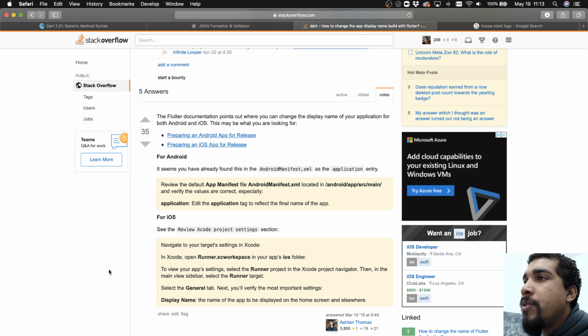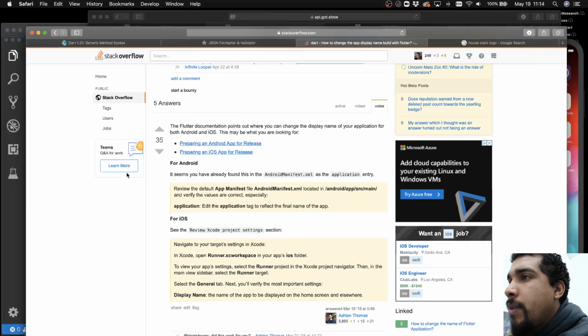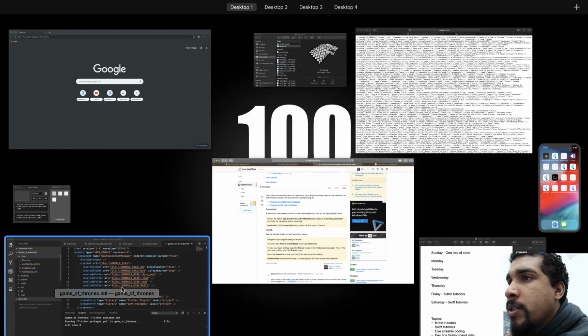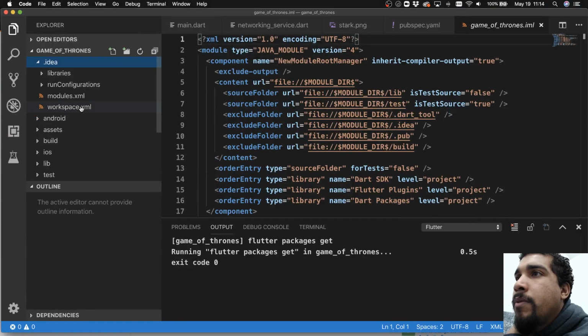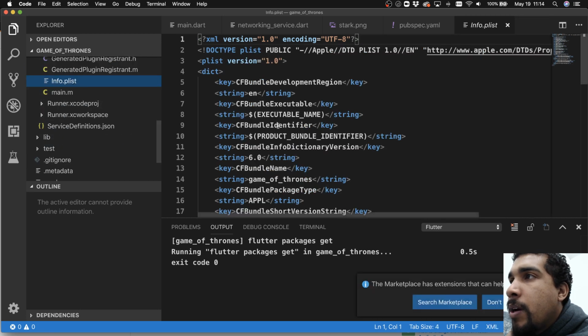Oh, I guess you have to do it for each individual platform. All right, so that kind of sucks, but it is what it is. I'm just gonna do it on iOS because I'm more familiar and I don't have the patience to do it on Android right now. So in the info.plist, what I have to do